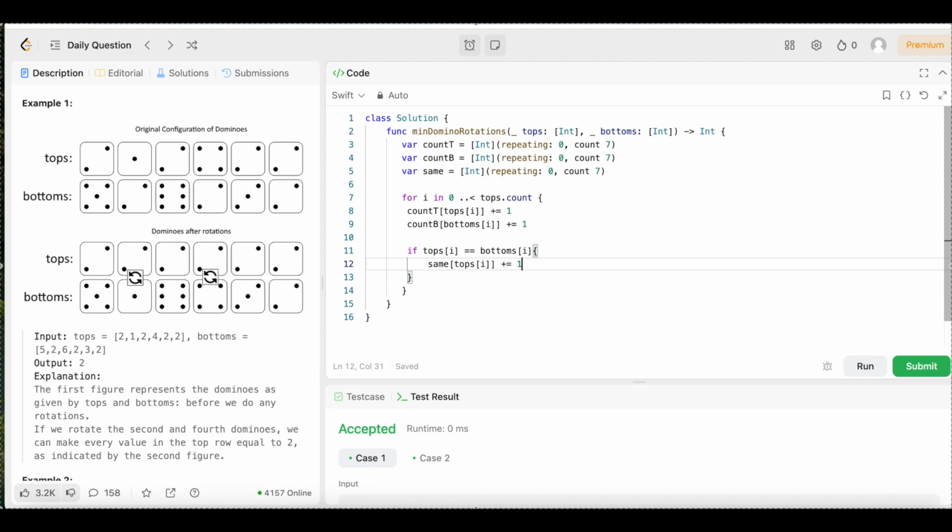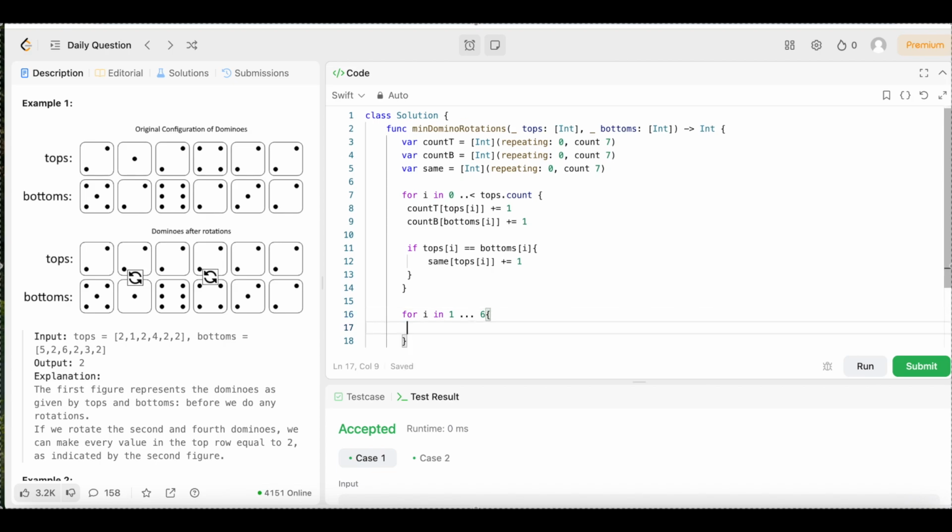Boom. Now we need to try each possible number from 1 to 6 to see if it can fill an entire row. So for that, we are going to come right here and say for i in 1...6, open up the brackets. And we need to check if the total number of this value from tops plus bottoms minus the same covers all of the dominoes. So we're going to say if countT[i] + countB[i] - same[i]